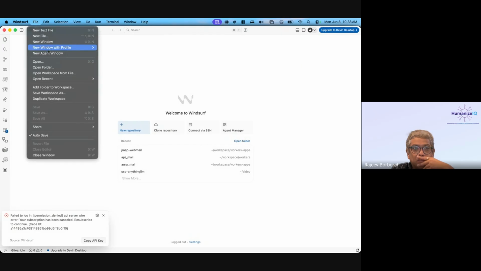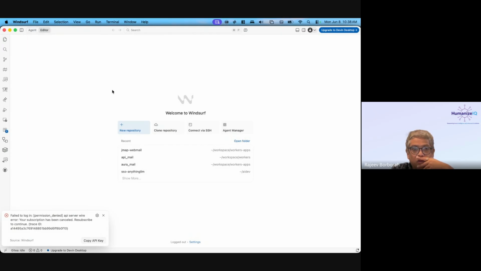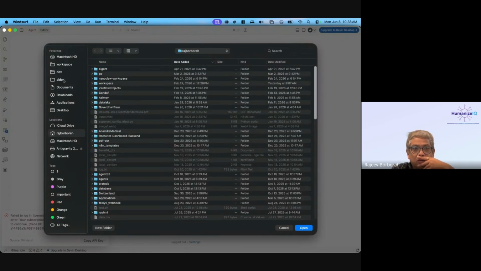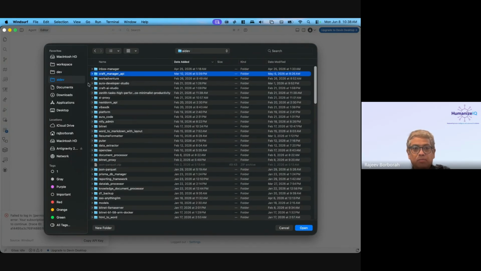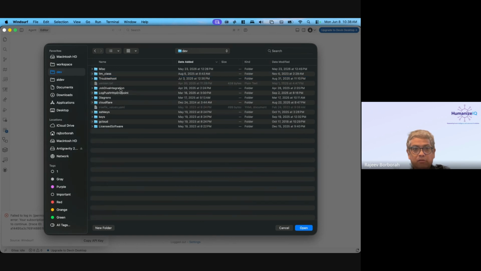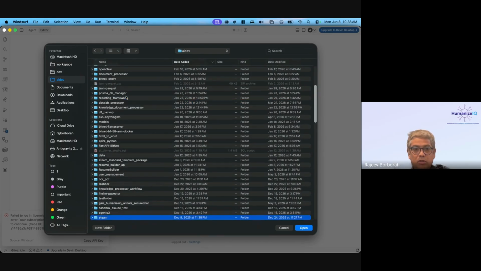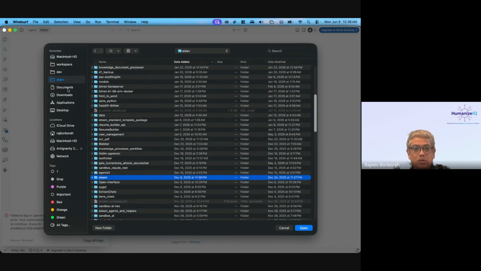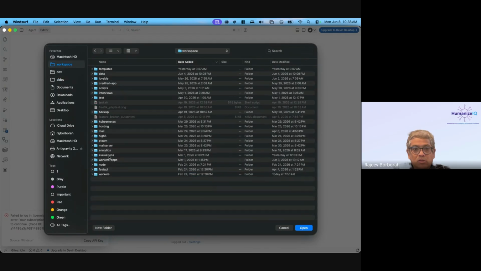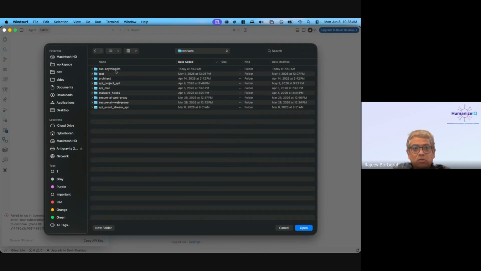Cancel file, open folder, and if I look at AI dev, and if I look at dev, and let's look at Explorer. Spaces, workers.